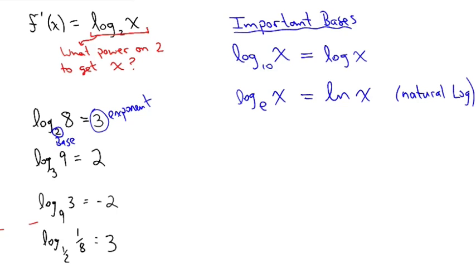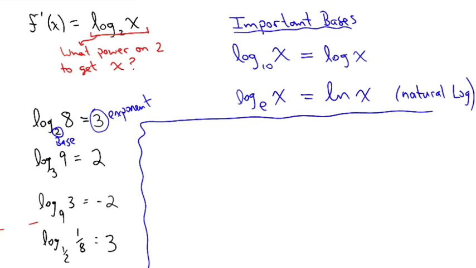Or the natural log, because it has that natural number in it, e. So log by itself is base 10, and ln is base e. Those are the two important bases. And then the one thing that will save you for the entire chapter, it'll actually solve 90% of the problems I'm going to throw at you. So star, important,